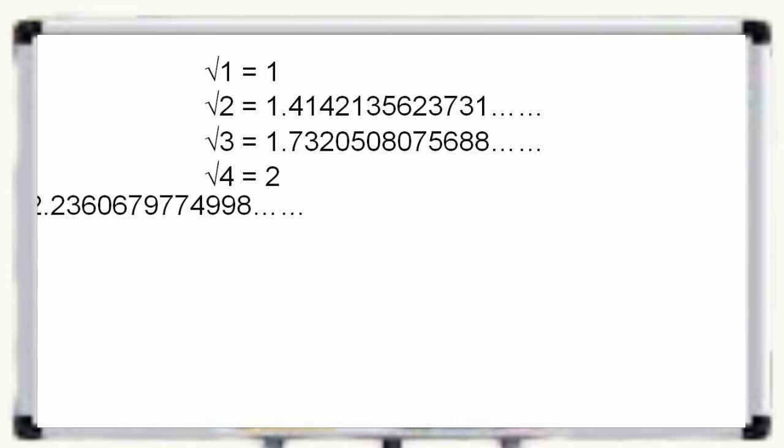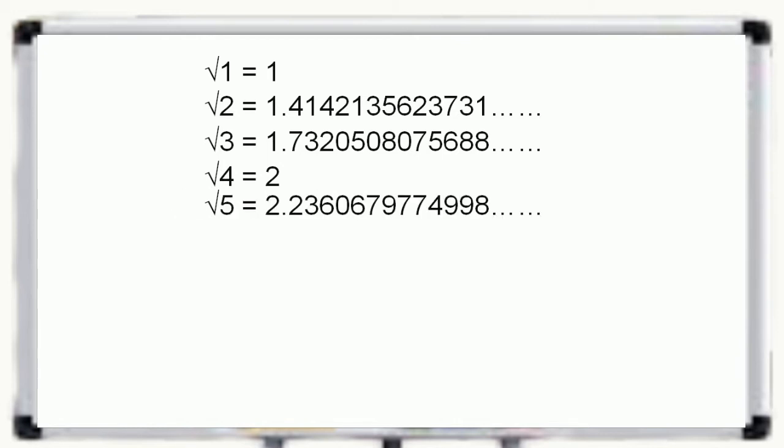Here square root of 4 is equal to 2. That means 4 is a perfect square. So square root of 4 means square root of 2 square. So here the square root and square cancelled. So the answer is 2. 2 is a rational number. Already we did how to find the square root of 5 by long division. So here is the answer.